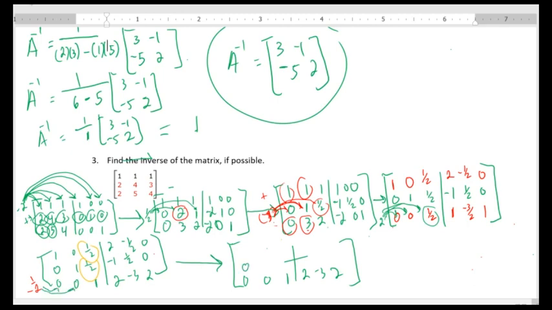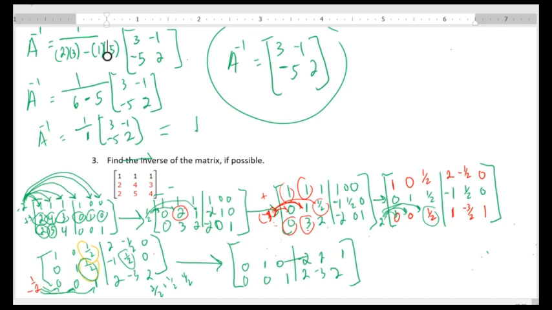Negative a half times 0 is 0, plus 1 is 1. Negative a half times 1 plus a positive a half is 0. Negative a half times 2 is negative 1 plus negative 1 is negative 2. Negative a half times negative 3 is positive 3 halves, plus a half is 4 over 2, which is 2. And negative a half times 2 is negative 1 plus 0